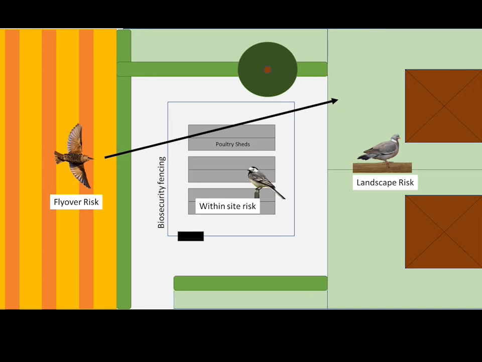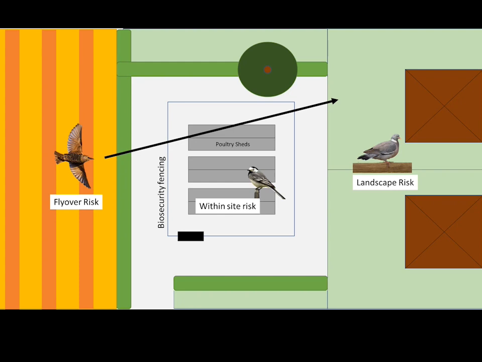So I went along and did the counts, but I was counting birds that were within what's considered biosecurity fencing. That's mostly defined by its aspect on people. People need to do certain things to enter these premises. But birds don't. Birds can fly in. It's still a risk area. It's the closest area to the poultry sheds, and it defines probably the highest risk.